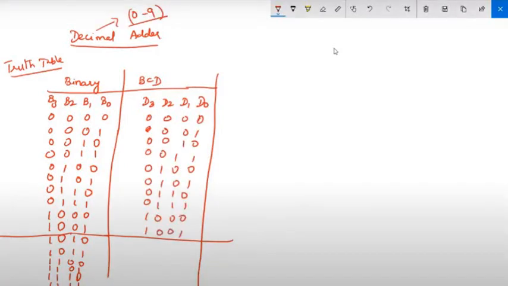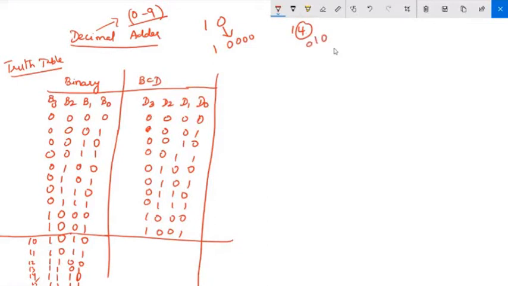Okay. Now after 9, for the binary 10, this is your 10, right? So for the binary 10, how can you write your BCD number? 10 represents this 0, which will be 0000, and this is your 1. Similarly, how can you write 14? What is the binary equivalent for 4? Each and every BCD digit should be written as 4 bits, right? 0100 and we have 1 here, right? So for 1 we will write it as 0001. So this is the BCD equivalent for the decimal 14.